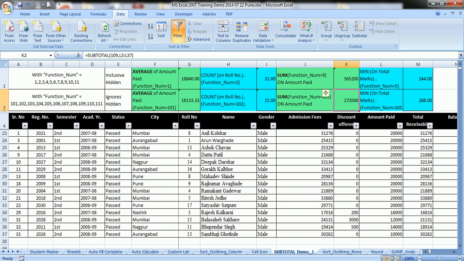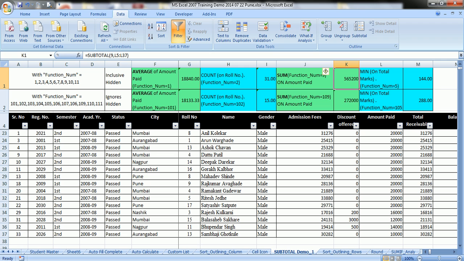With this, it is ignoring the values of female students and giving you the sum of amount paid by male students only. Whereas here in this cell K1, it is giving you the sum of amount paid irrespective of whether the student is male or female.